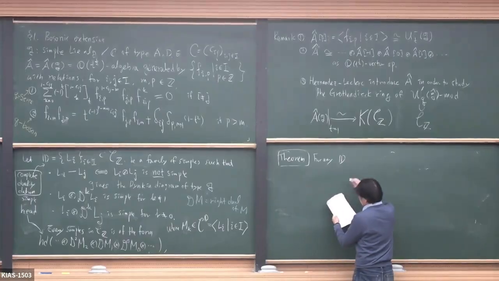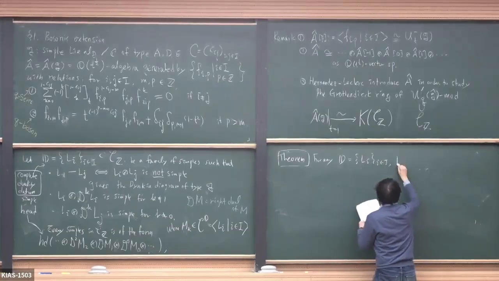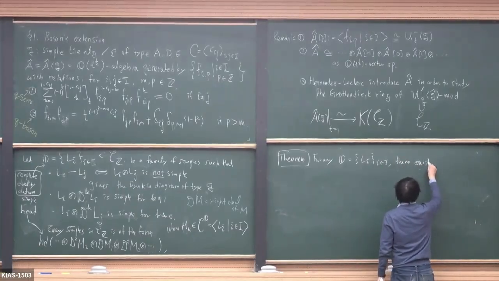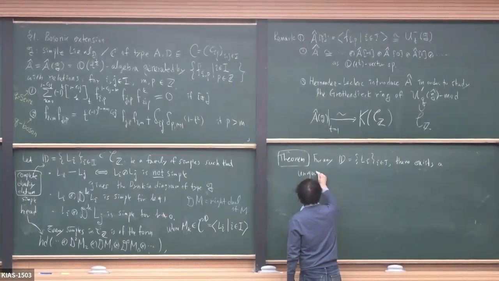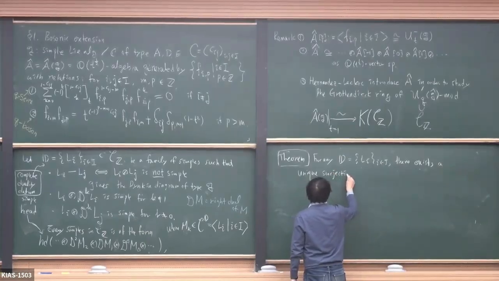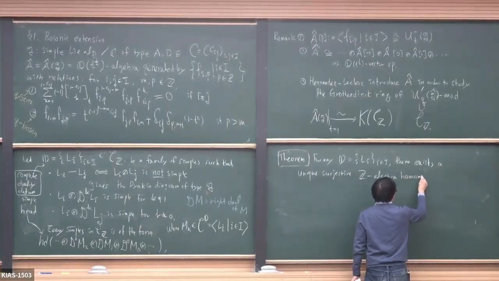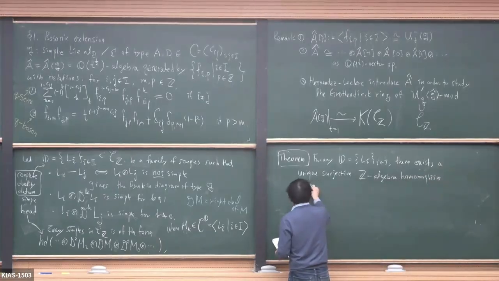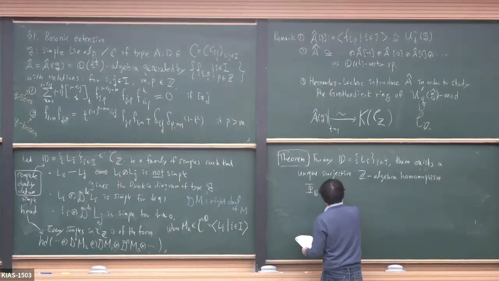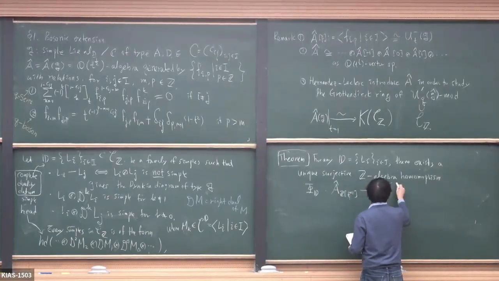So for any complete duality datum D, there exists a unique surjective algebra homomorphism, let me denote by phi sub D, which comes from the integral form of the bosonic extension to the Grothendieck ring